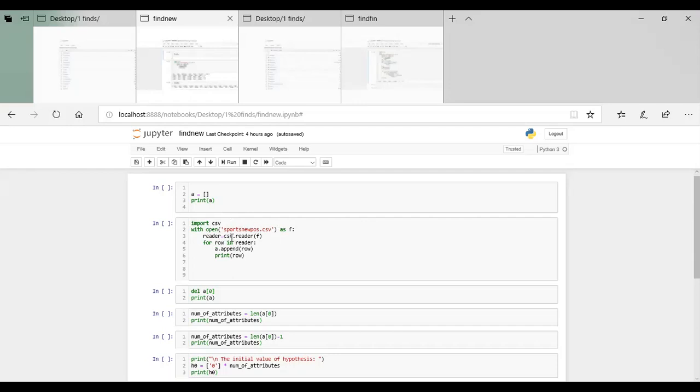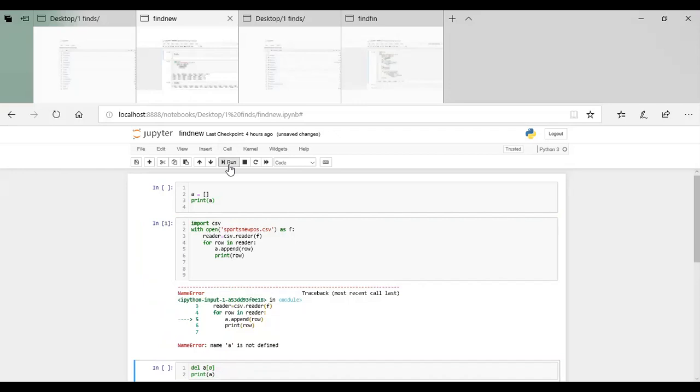Then the csv reader function returns a reader object which iterates over lines in a given CSV file. The empty list is then appended with each row of data present in the data set, that is the CSV file. Finally, list a is appended with all attributes with values.